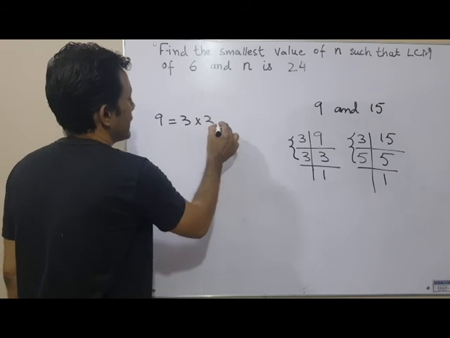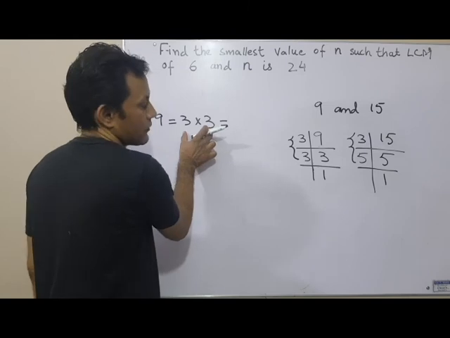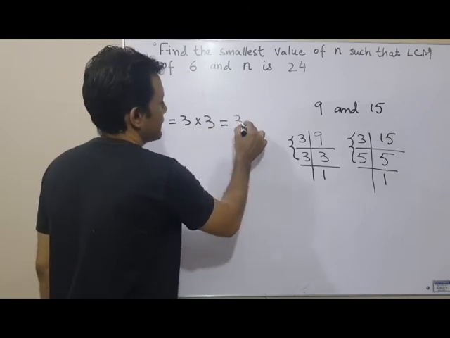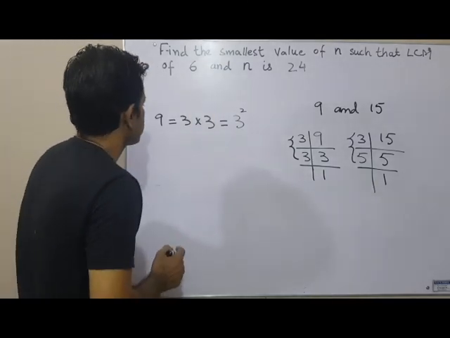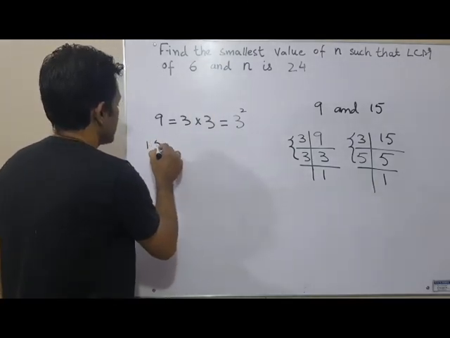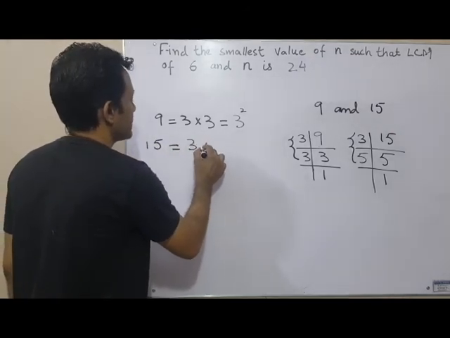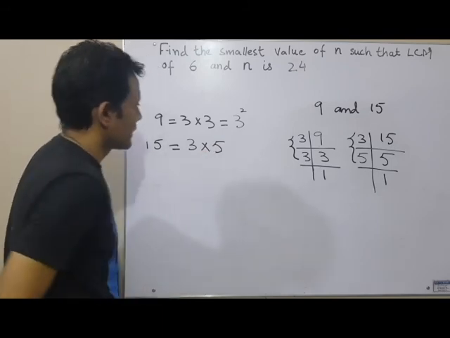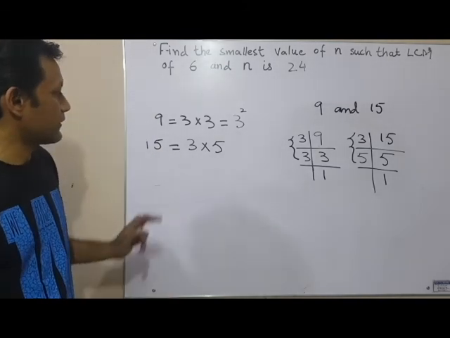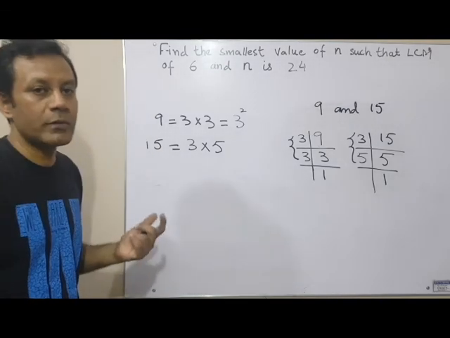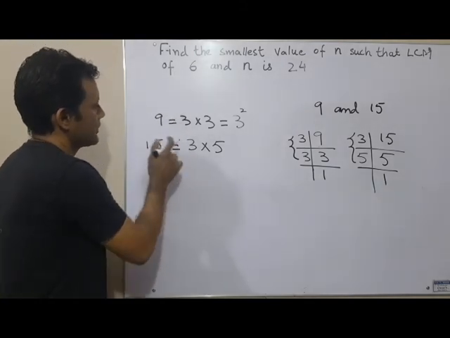3 multiplied by 3. I will write the prime factors of 9 in index notation as well: 3 raised to power 2. Prime factors of 15 are 3 multiplied by 5. Now we have found the prime factors of 9 and 15. In the second step, we identify the common prime factors. Common prime factors in both the numbers are